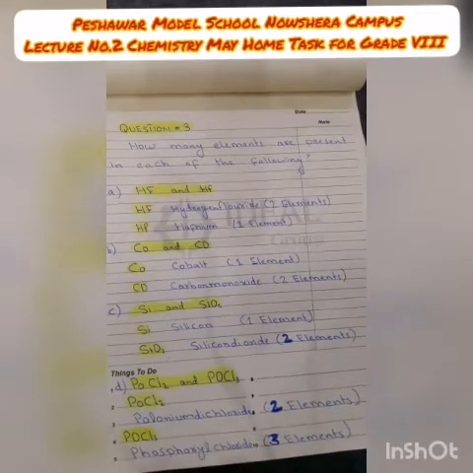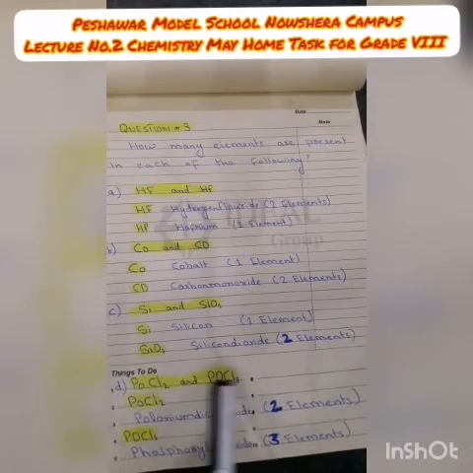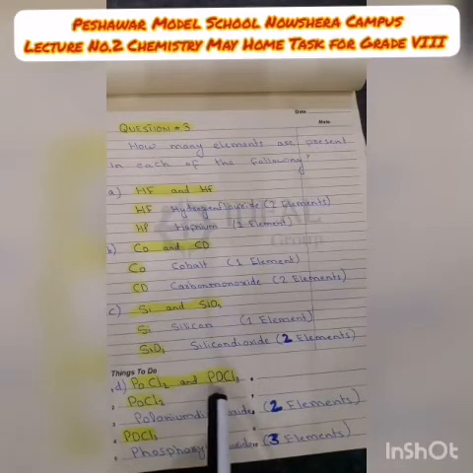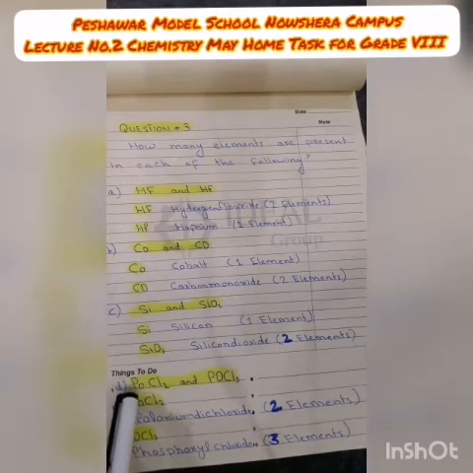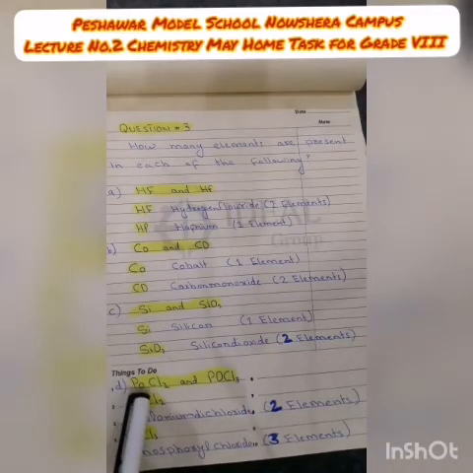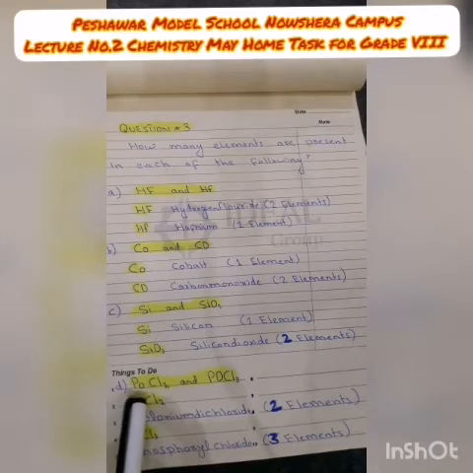Now look at your last one. Both have the letters POCl, POCl, but there is a difference. In your SVT there is POCl3. Now look at number first. The P is capital and o is small. That's why we cannot use this o for oxygen. It means that Po is the symbol of a single element. Which element? We represent the element polonium by the symbol Po. It means that we have one element, polonium.